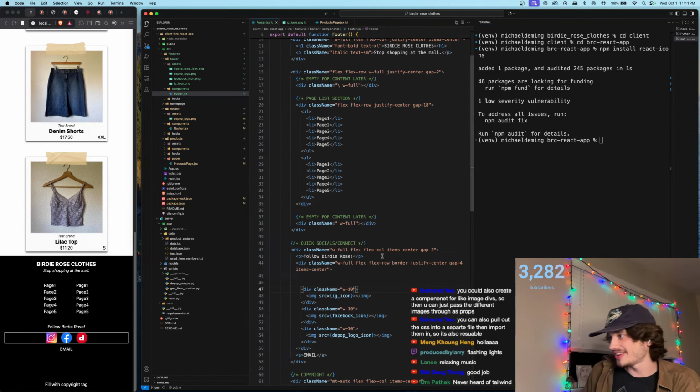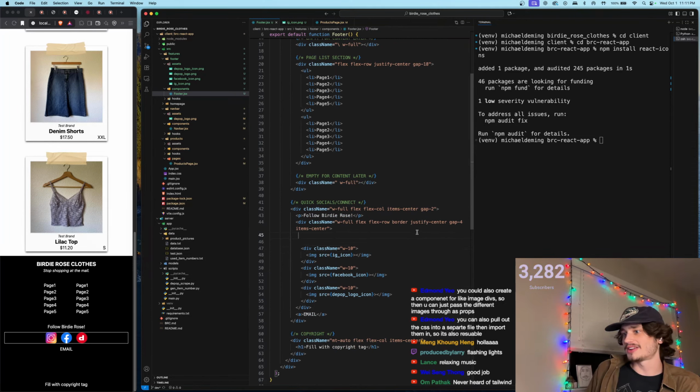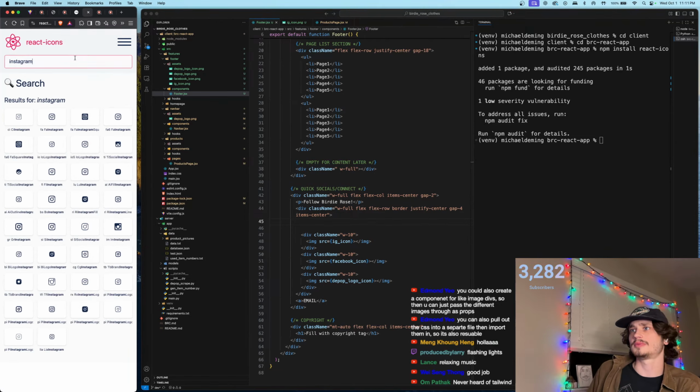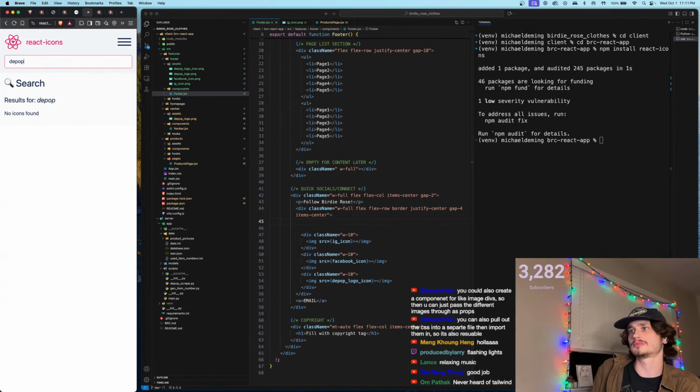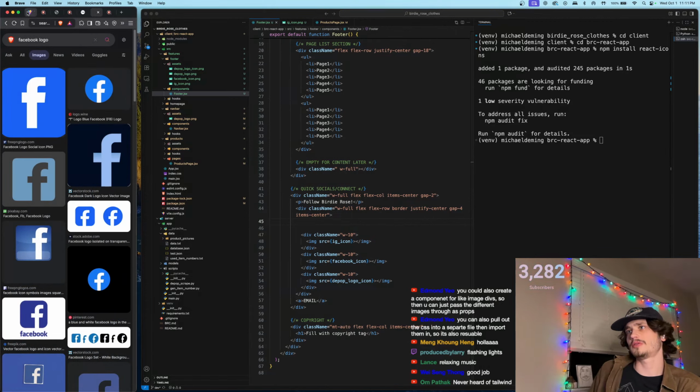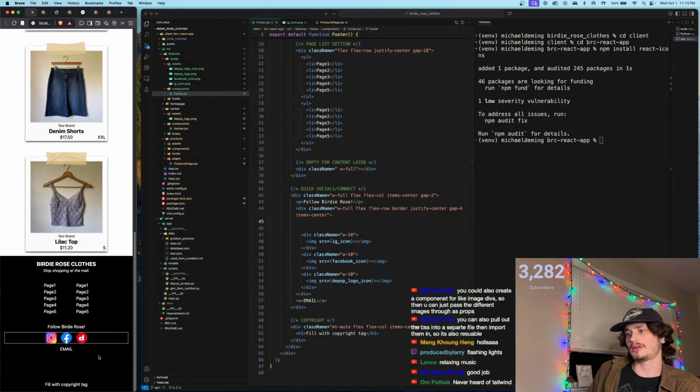Holy crap, that took way too long, dude. I just honestly didn't like how the logos with the React icons looked very different from the Depop logo, because the React icons did not have Depop. I didn't want to have to go and fill in the white on the F and whatever. Like, now we can probably,